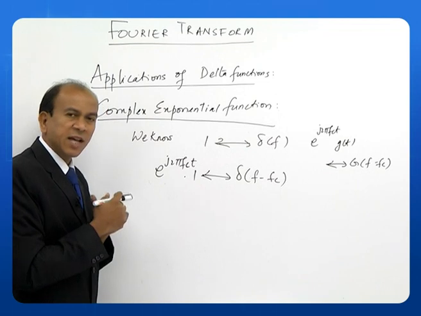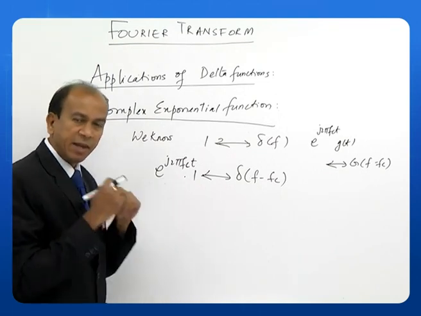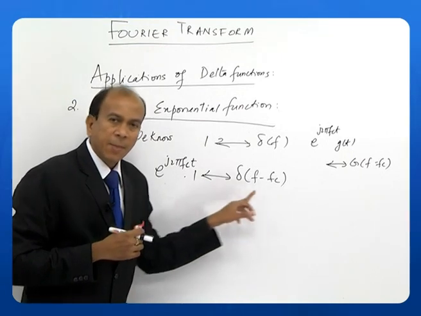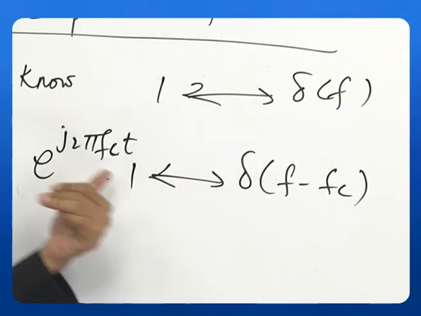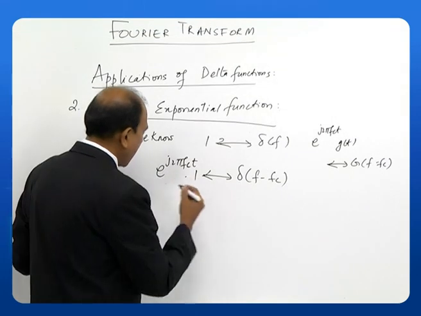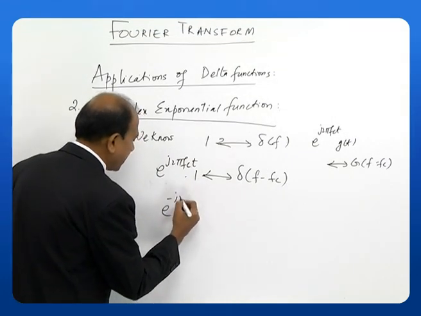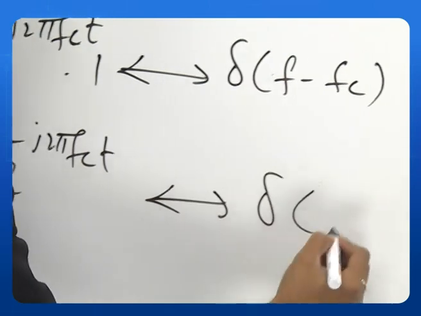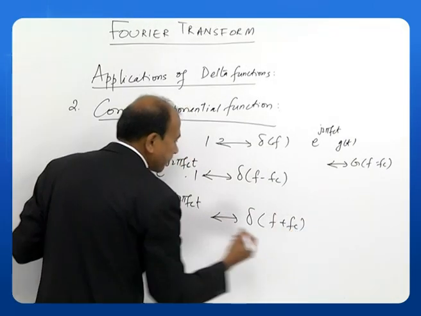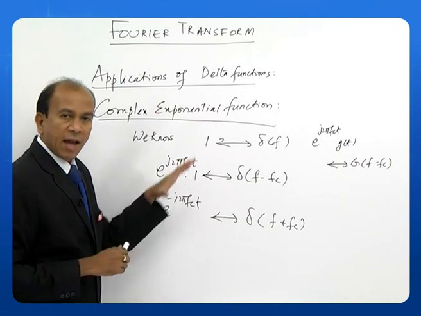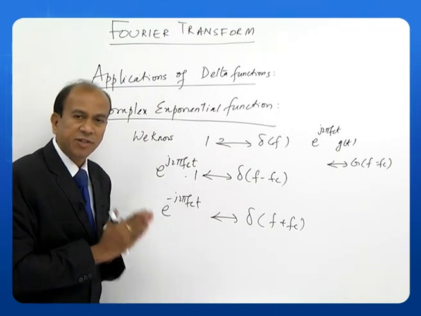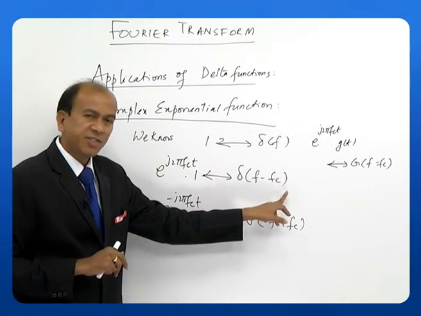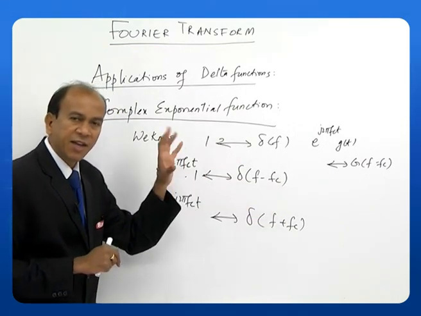It means that the Fourier transform of an exponential function will be equal to a delta function which is shifted to that frequency which is equal to the frequency here. Suppose if this is minus j2 pi fct, it will have a delta function which is delta of f plus fc. That means a complex exponential function's Fourier transform will be a delta function existing at that particular frequency given by